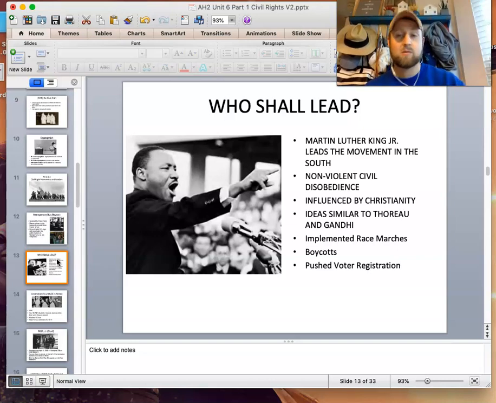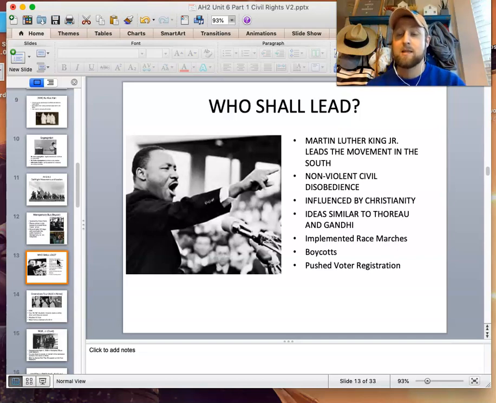He takes his inspiration from transcendentalists, who are peaceful people who were against slavery, and famous writers that you learned about in American History 1. Civil disobedience is also something that Gandhi used to liberate India from England when he went on a hunger strike. I know you guys learned about that in world history, so not covering that here.